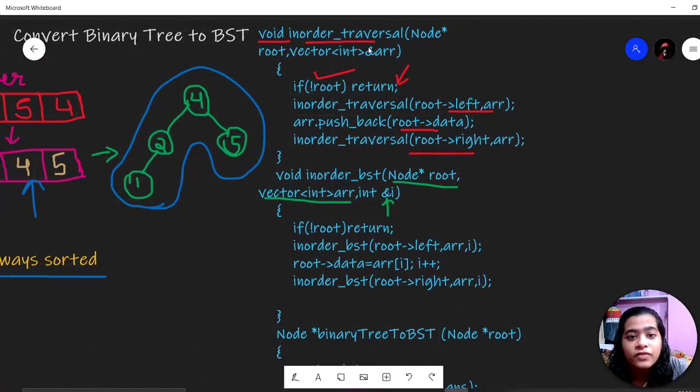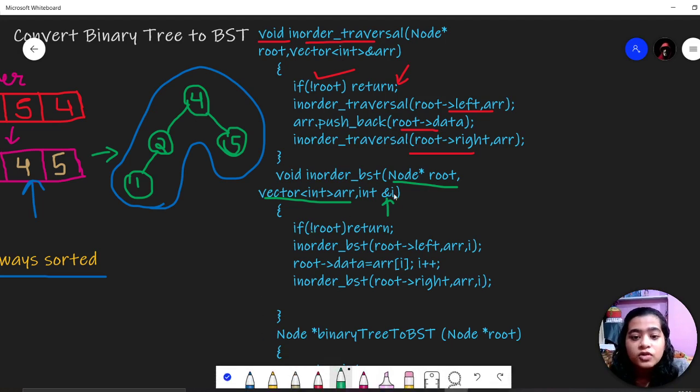See, one thing, I have taken this vector array as a reference here. I am passing this vector array here. This is passed by reference. This means if I am changing anything here, it will be directly reflected here. So this is the pointer now, in-order traversal of this binary search tree. The left node, the root node and the right node.